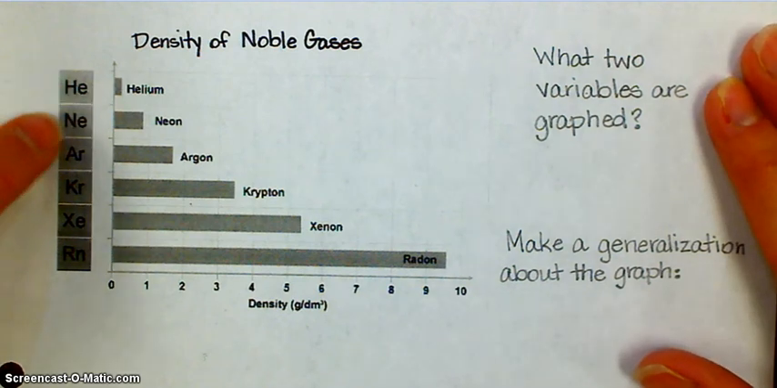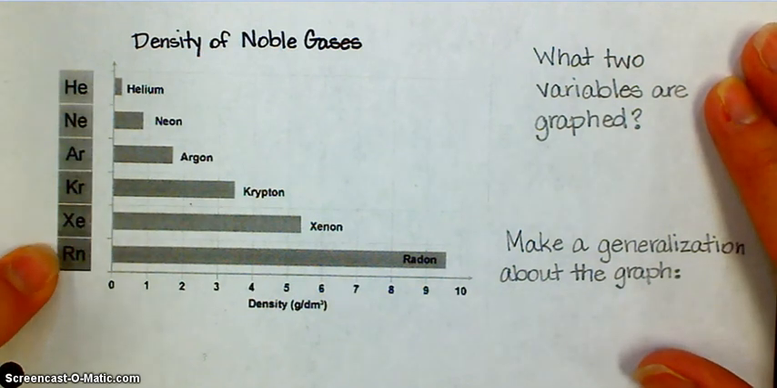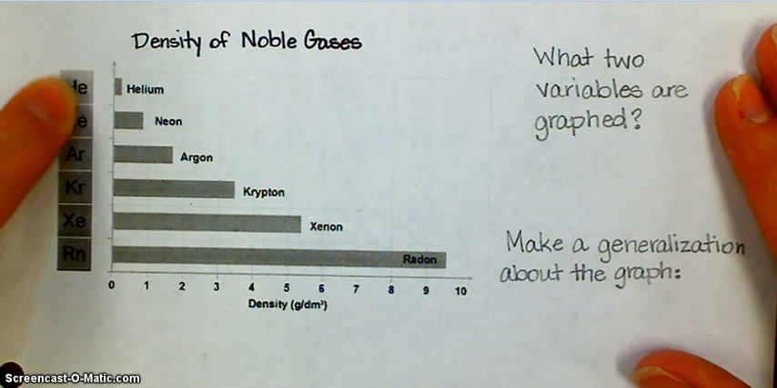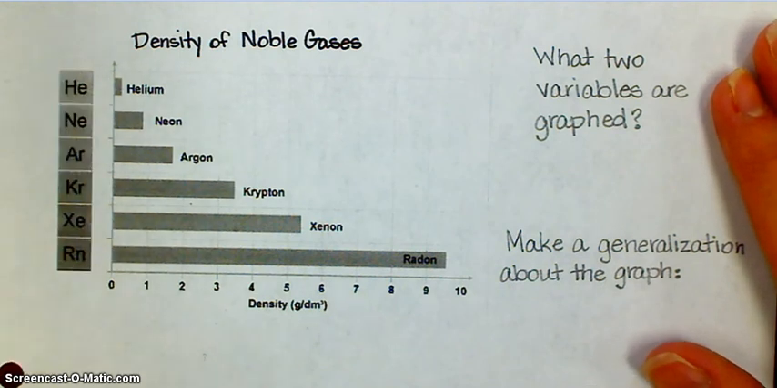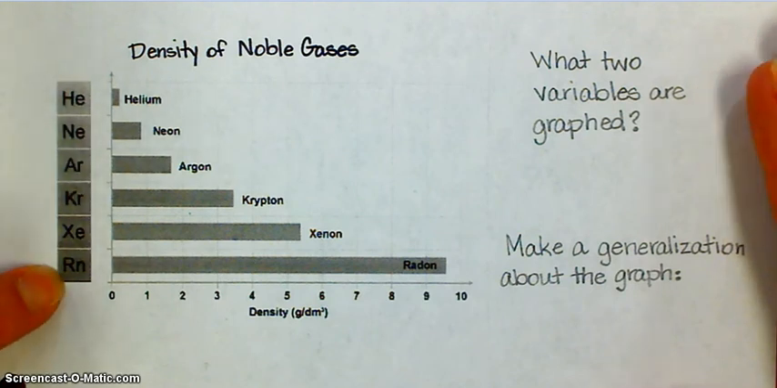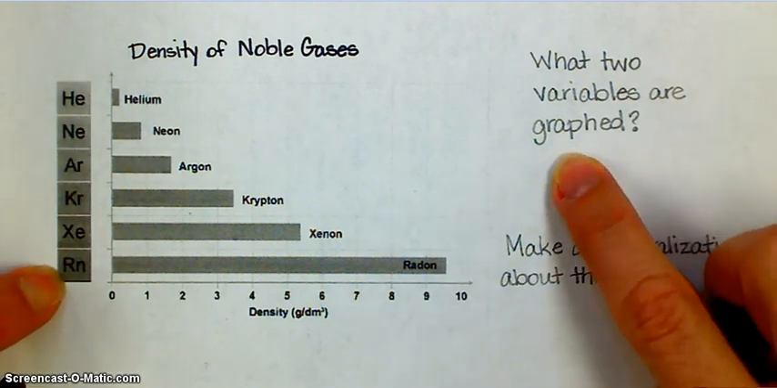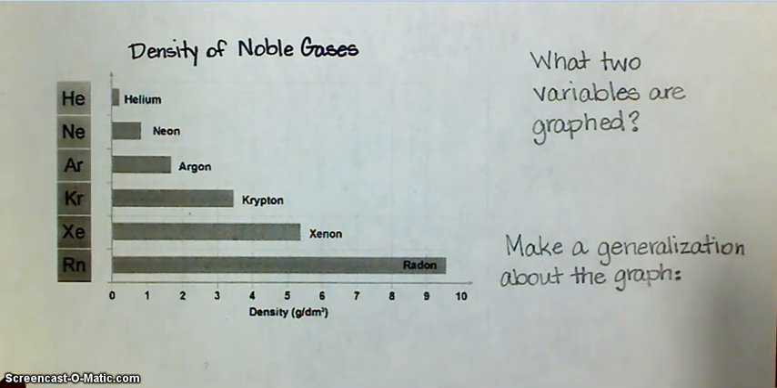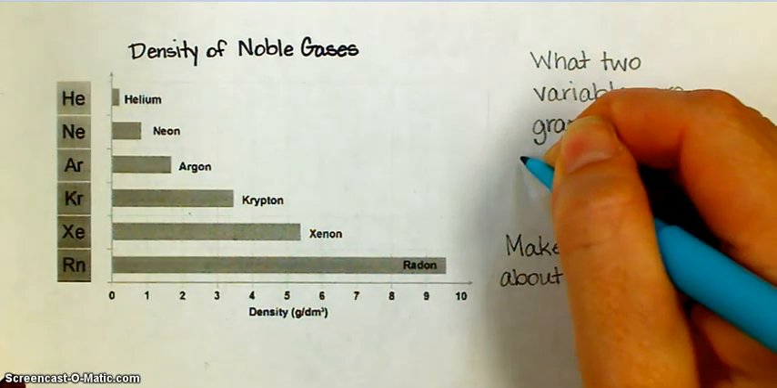Well, helium, neon, argon, krypton, xenon, and radon, those are all your noble gases. This is column 8A or column 18 on the periodic table. And they're actually listed by increasing atomic number. Okay, so our two variables are density on the x-axis